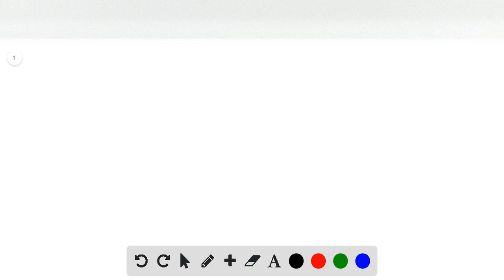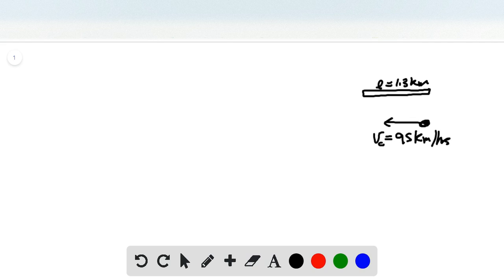In this question, we're given that there is a car moving with a speed of 95, so V car equals 95 kilometers per hour, and passing a train, the train of length equal to 1.3 kilometers, moving parallel to the car with a speed of V train, 75 kilometers per hour. And this question has a couple of